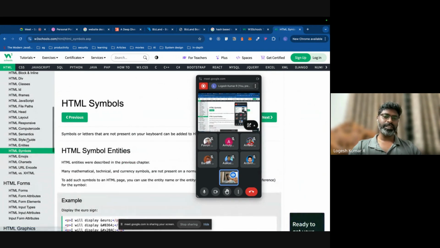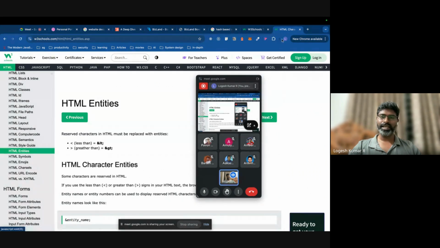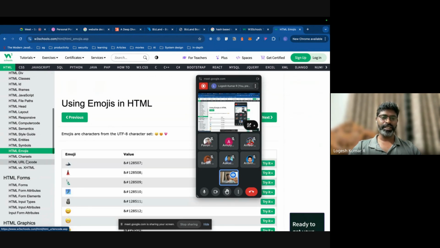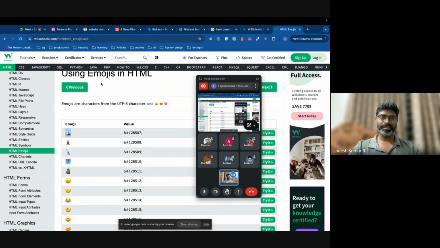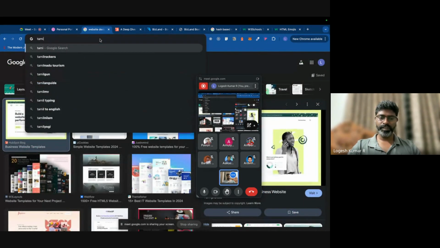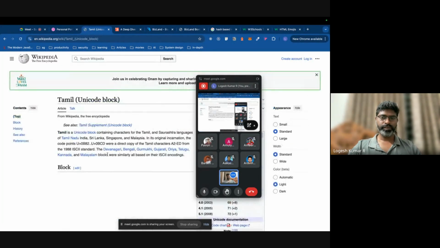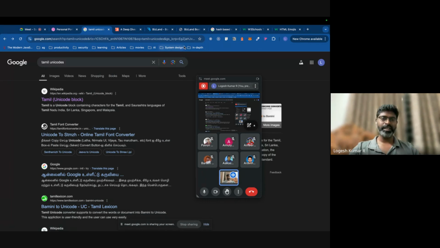So previous to Unicode, there is something called ASCII, American Standard Code for Information Interchange. So that represented only very few characters. Compared to ASCII, Unicode can represent more characters. So based on the combination, the hash 128507 represents this mountain symbol. அந்த மாதிரி இப்போ for example தமிழ் யூனிகோட்ஸ் அப்படின்னு நம்ம போடுறோம்னா, each of these unicodes represents a separate letter. அந்த மாதிரி இந்த மாதிரி symbols இருக்கும். That's how they are rendering the